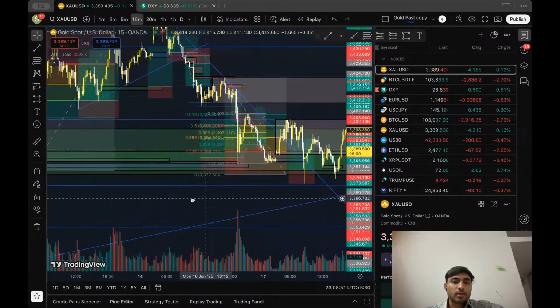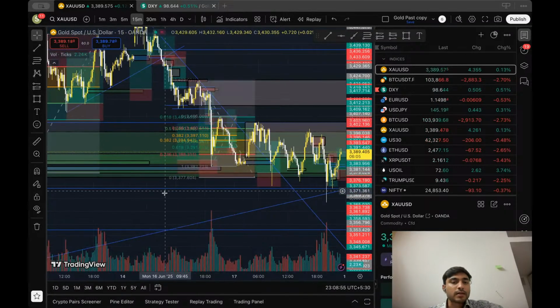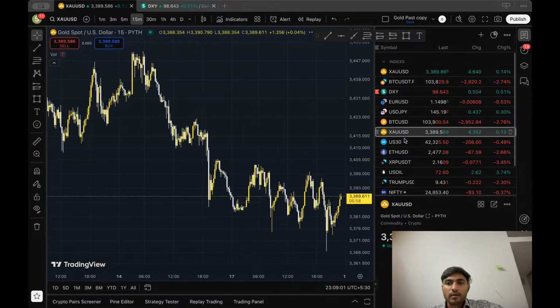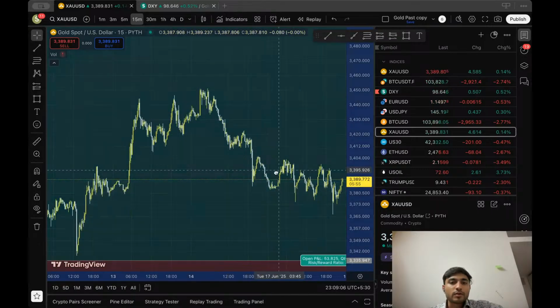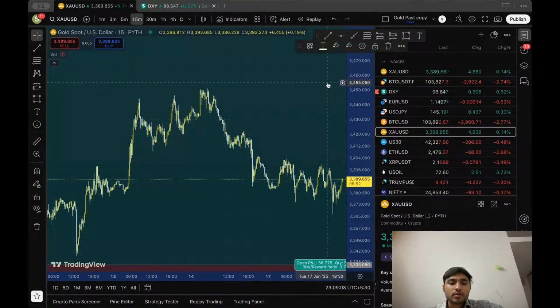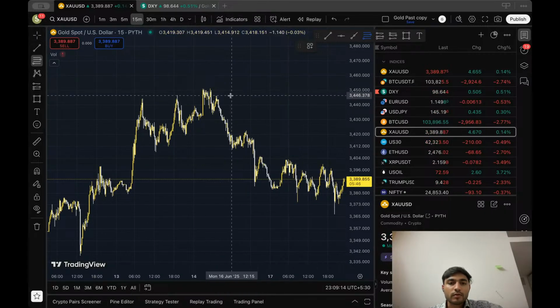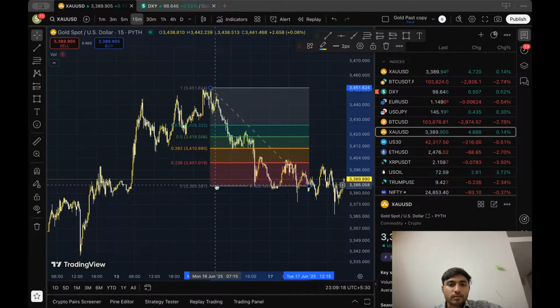What I'm trying to tell you is this was the trend line. The Fibonacci we were talking about, let's see it in a different chart. It's fine. This was the chart. What I was telling you is this was the last high. So let me draw Fibonacci. This was the last known swing low, right?